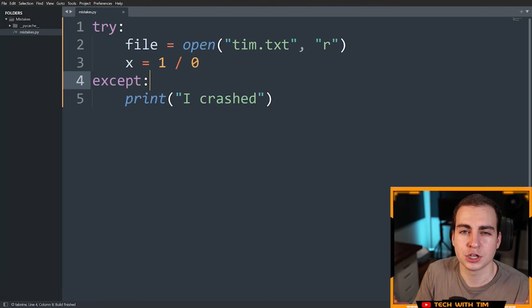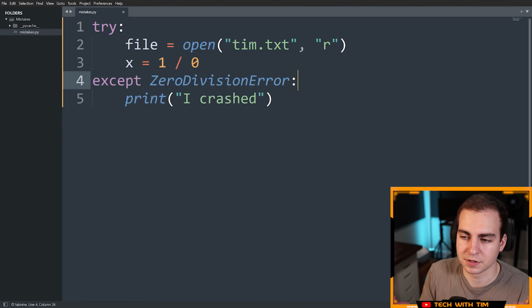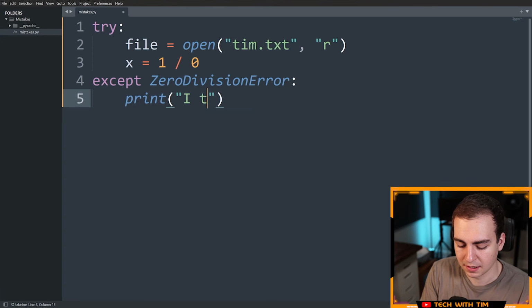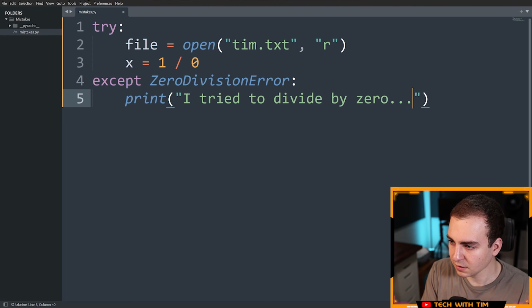So of course, the solution here is to accept a specific exception and multiple of them if you want to. So you kind of just need to know what the names of these are. You can look them up. You also can just crash your program and see what the exception is. But for now, let's accept the 0 division error. So the 0 division error is simply called ZeroDivisionError. You should also get some syntax highlighting for it. And now I can say, I tried to divide by 0,